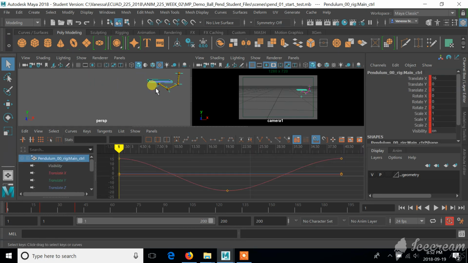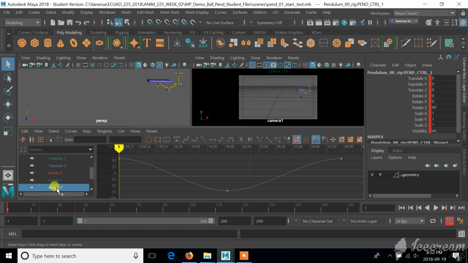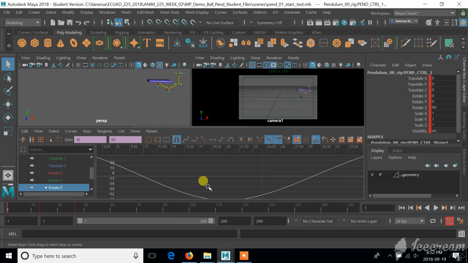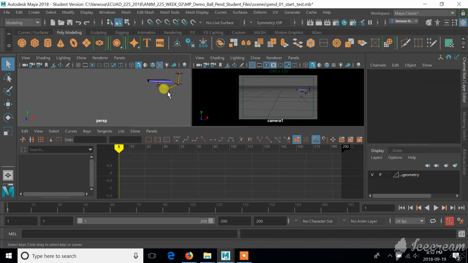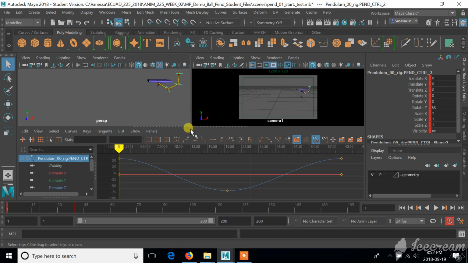I'm going to offset these by 5 frames, so I'll start with this one. I'll isolate the rotation Z in the graph editor, and I will bring this up to 5. I'll start at the other controller, controller 2,